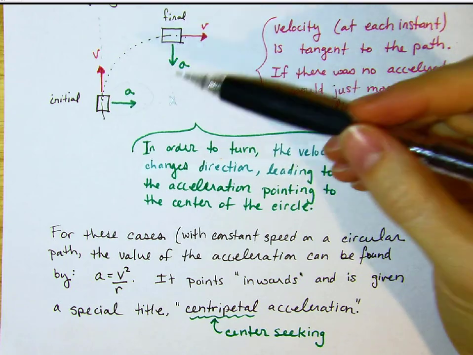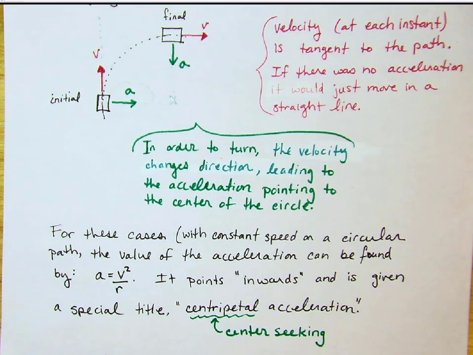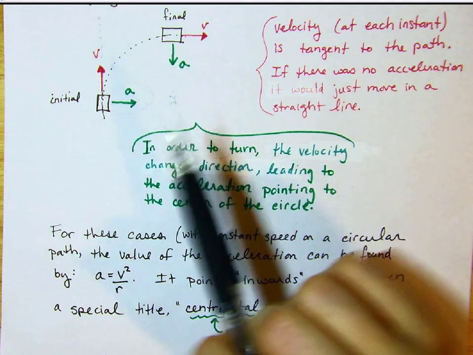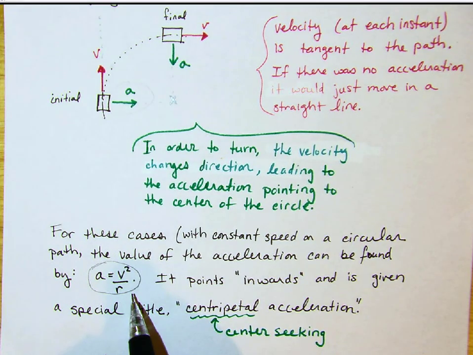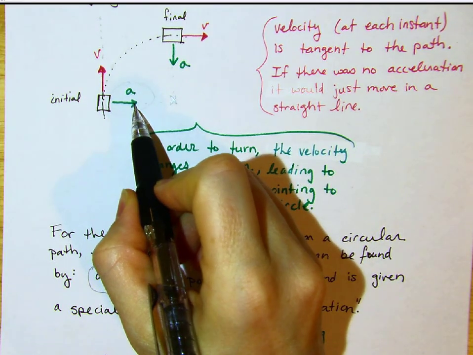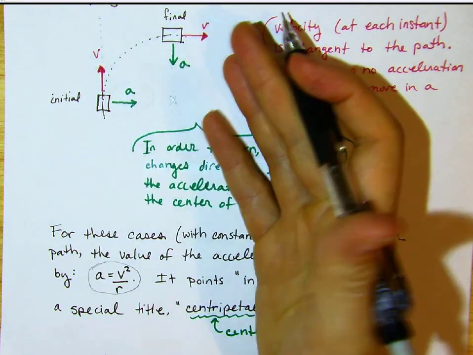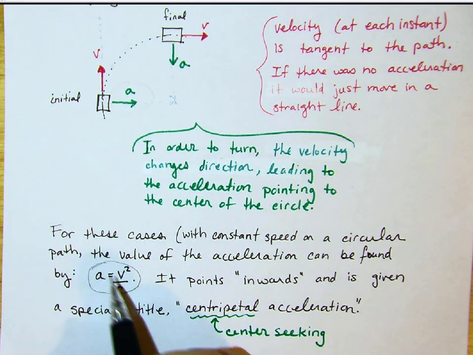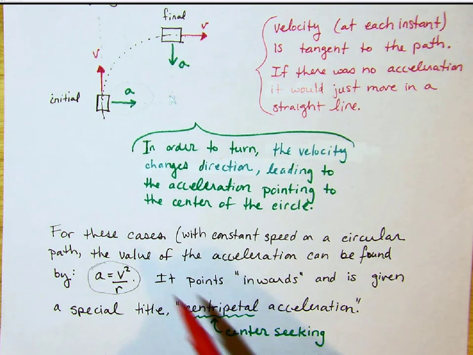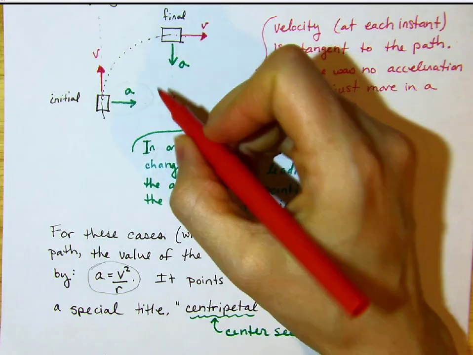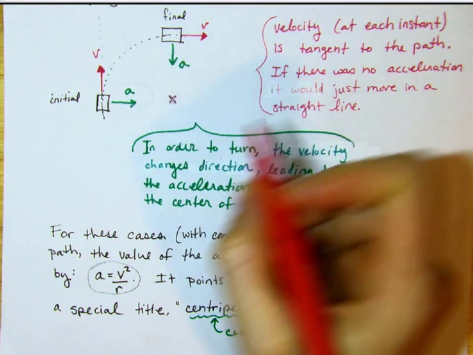So we've talked about the direction of this acceleration, but in these types of cases, there's also an easy way to figure out how strong that acceleration is. So we get a new equation where the acceleration is equal to v squared over r, and this equation is only valid for when the acceleration is perpendicular to the velocity. So basically when you're doing circular motion. In that case, a is v squared over r. And for v, you would just plug in the speed. And for r, that's the radius of your circular path. So if this is the center of the circle, then r